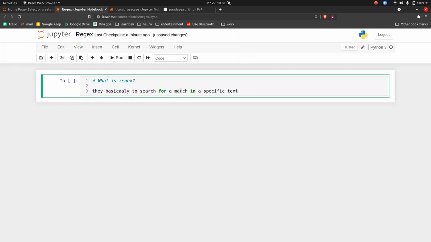Let's suppose you have a Times of India newspaper, and you have read one article. Now in that article you want to extract all the addresses of particular people. If you go with manual work, it will take a lot of time, right? So what we can do is write a particular program to get a match of it.